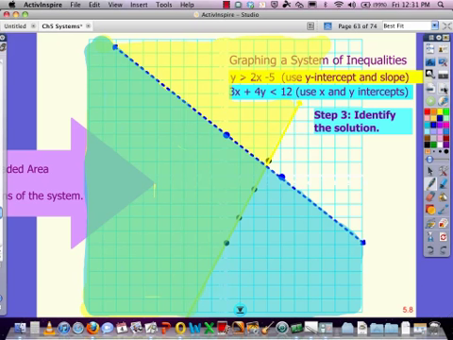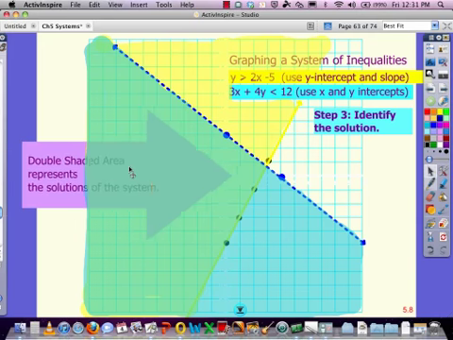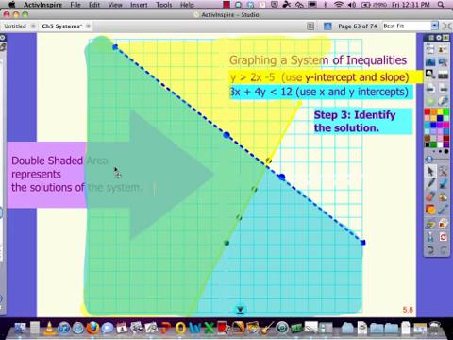And when that happens, we get this shaded area that is the solution of the system. That double shaded area is what we need. So, not to make your graph so crazy, you could use colors, like we just did, or you could use the combination like I did to start, and that was, let's take our pen tool,